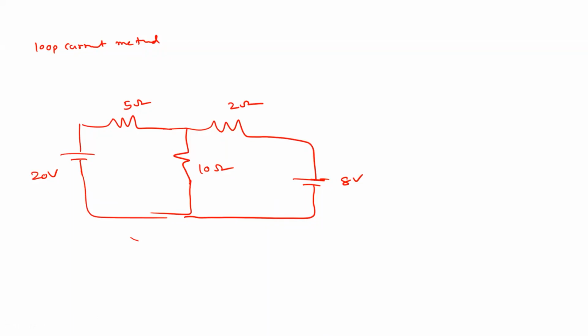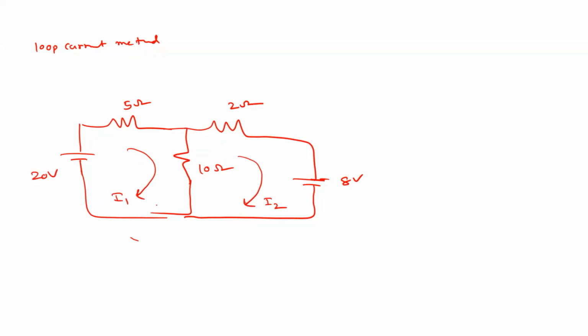So in this method, a current is assigned to each loop or each mesh, right? So now we only follow the mesh. So this is one equation, this is one, and this is another one. So this is I1, and say this current is I2. Okay, clear? If you have another loop, assume that is I3.